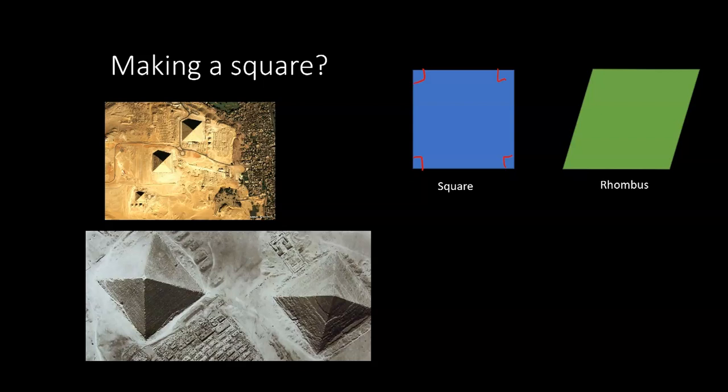What's not as easy to do is make sure that they meet at a right angle, and that's what you need in order to get a square. So how would they do this? You might have access to a protractor and you just measure a perfect square. Well, they wouldn't. How would you get a right angle if you didn't have access to that? There are a number of ways that it's possible to get a right angle without measuring with a protractor. But one of the most common ways, a very simple way, is